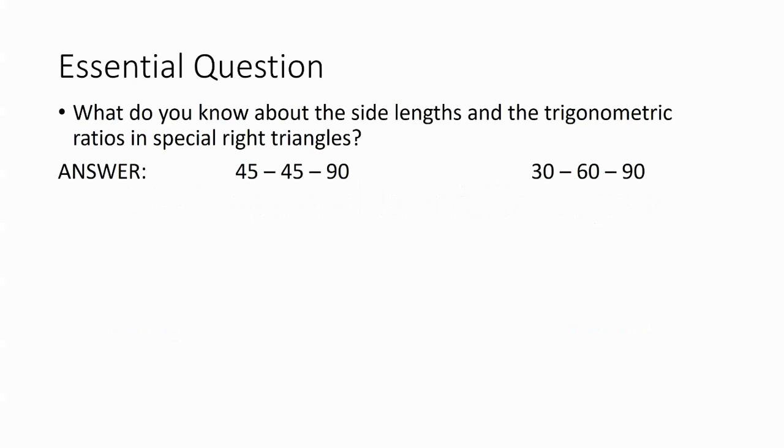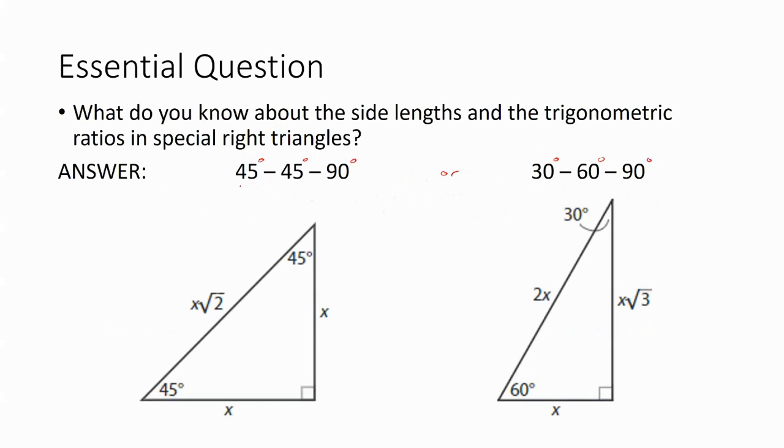And our answer, real quick, is basically you have two triangles that are considered special right triangles. They have 45, 45, and 90-degree angles, or 30 degrees, 60 degrees, and 90 degrees for their angles. So those are the two types of special right triangles. We call them the 45, 45, 90s or the 30, 60, 90s. So if you look at these images here, those are the side lengths of those